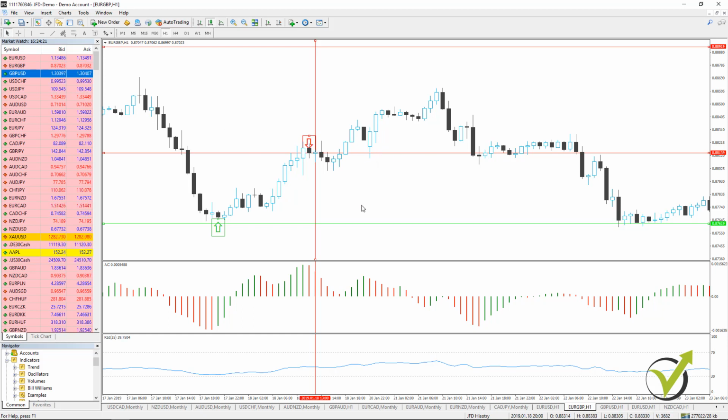Okay, so to make it clear here, this strategy is only for euro pound. You should not use it for other currency pairs. Same with the euro dollar, same with the pound dollar strategy that I will show you in the next lecture. These are strategies that are created only for these currency pairs on the H1 chart, so you should not change the time frame as well. Keep the currency pair and keep the time frame.